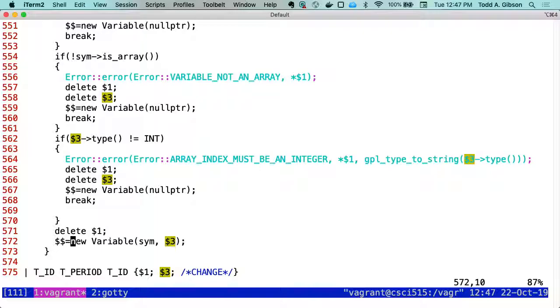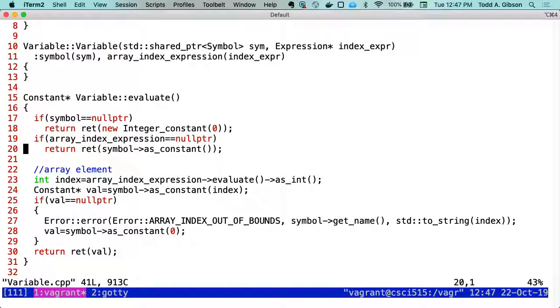Otherwise, we go ahead and throw it in there. So we don't note that we didn't evaluate it at that point, right? So we aren't going to know it's a -20 until the evaluate function is called up in the variable declaration. And so when we look at variables evaluate,